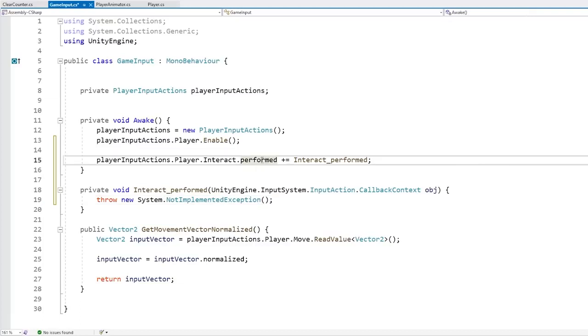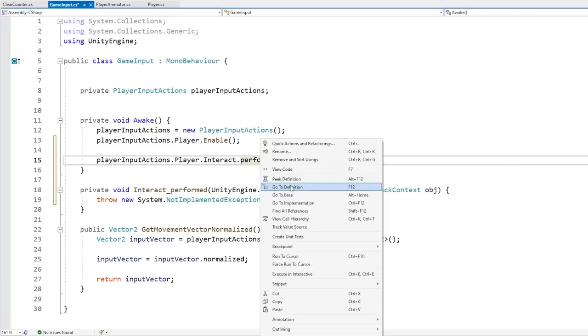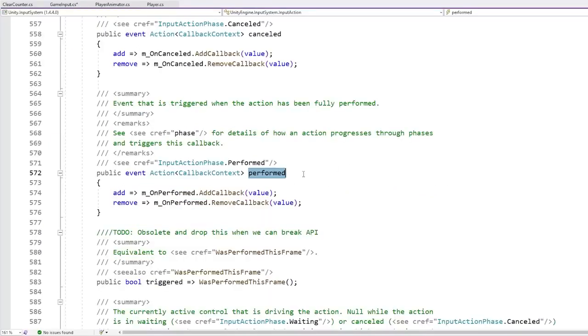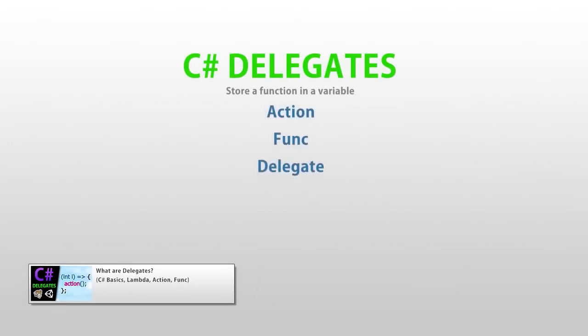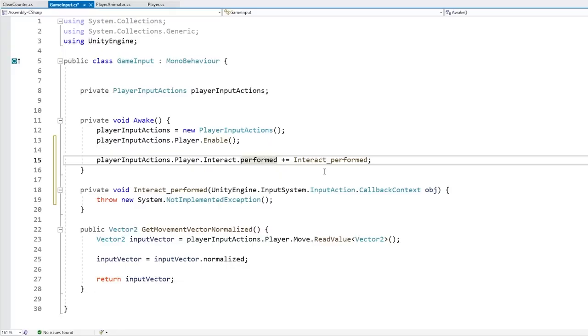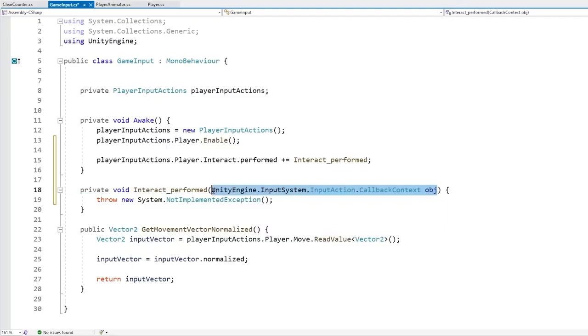As usual, we can inspect the event, so we can right-click on it and go to definition. And yep, here is the definition. And you can see that this is an event of type Action with a callback context. Action is what is called a delegate. I also have a video on delegates if you want to learn more about them in detail. For now, we don't really need to worry about what a delegate is, we just need to use it. So in order to subscribe to the event, we need to make sure that this one returns void, because an Action returns void, and needs to have a parameter of this type, callback context. If I erase this parameter,